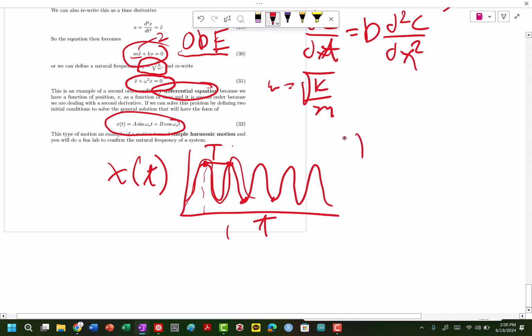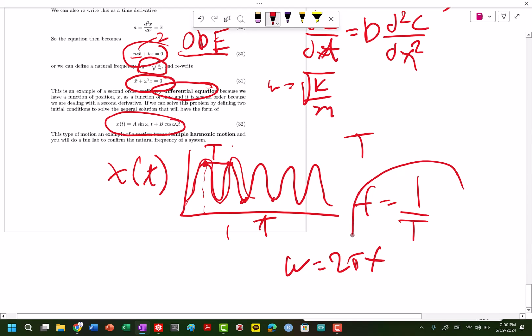I can take my period and then calculate my frequency. My cyclical frequency is 1 over my period, and my omega, my circular frequency, equals 2 pi f. So we can use these relationships to confirm and find what is the natural frequency of this